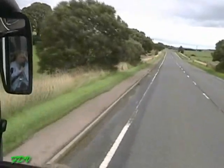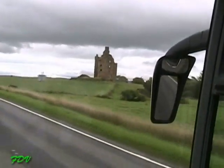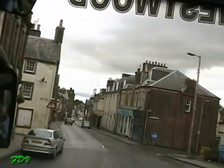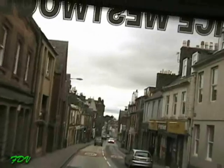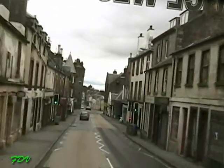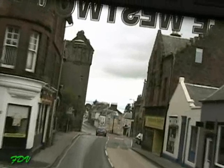But here it comes up here. At the ground level there's no windows. So at the top it looked like a house, and this is the town hall here. It looks like a kind of information centre now. And there was a castle here as well. There would be a stronghold of the Earl's army here too, and the castle's coming up on our left-hand side,